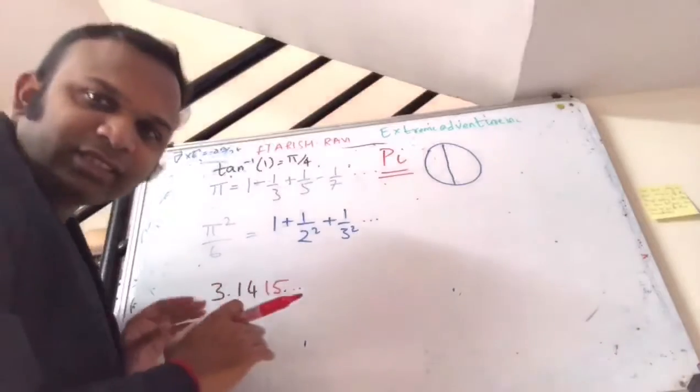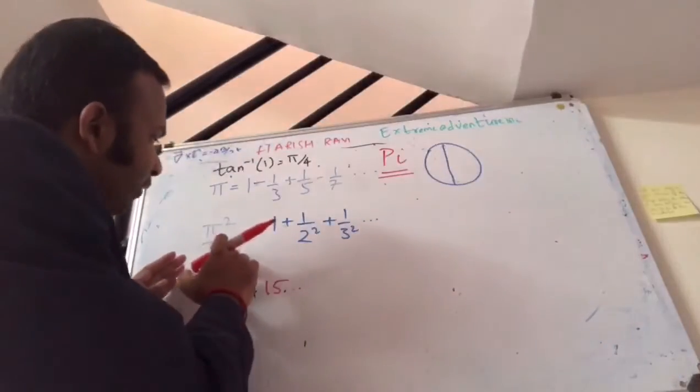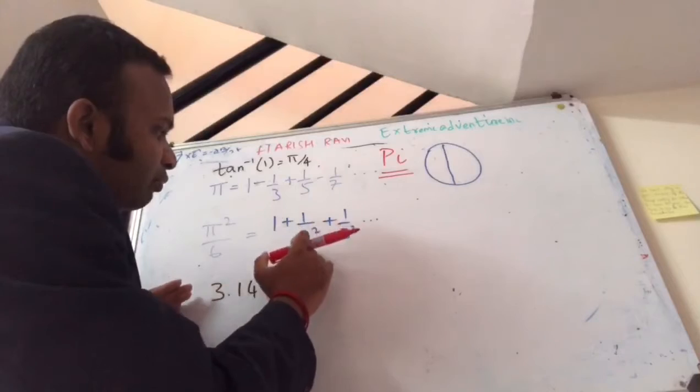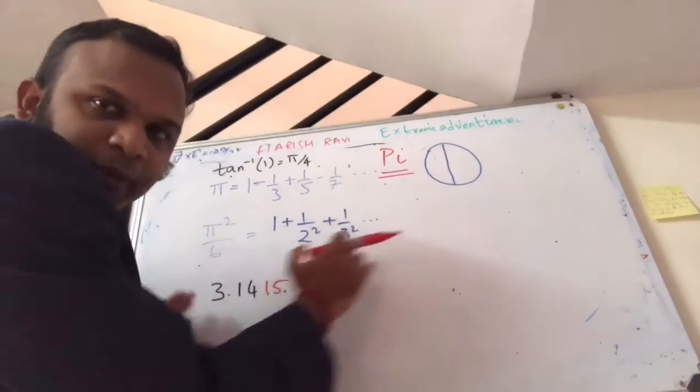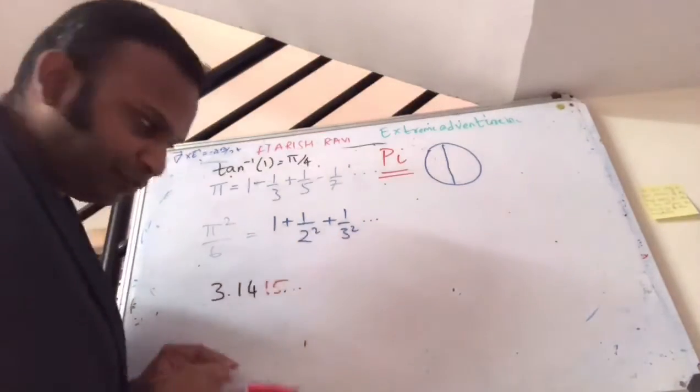So we get pi by 4 equal to 1 minus 1 by 3 plus 1 by 5 minus 1 by 7 and so on. Isn't it beautiful? You get an integer-based function for something which is a circle. Please listen to my lecture for more details. The other equation is pi square by 6 equal to 1 minus 1 by 2 square plus 1 by 3 square and so on. This also can be proved.